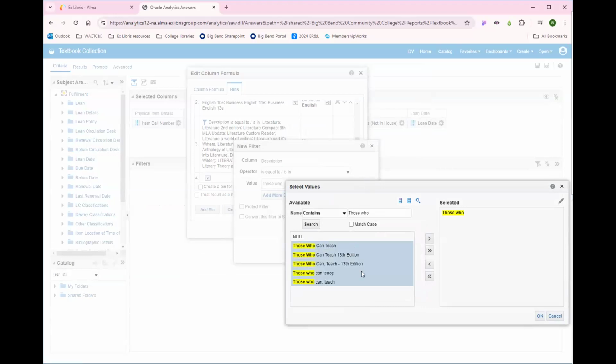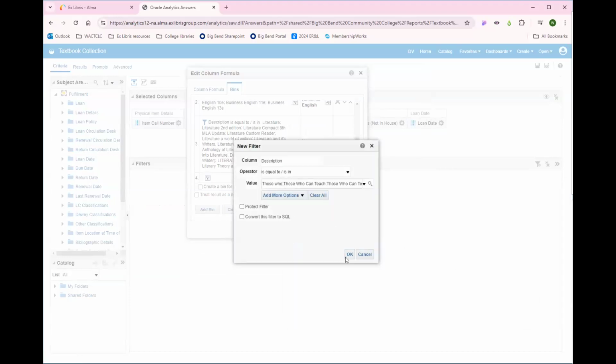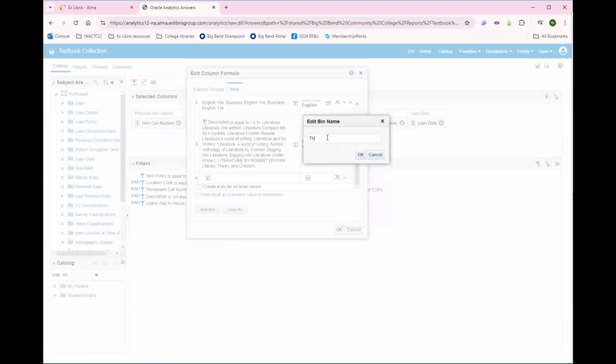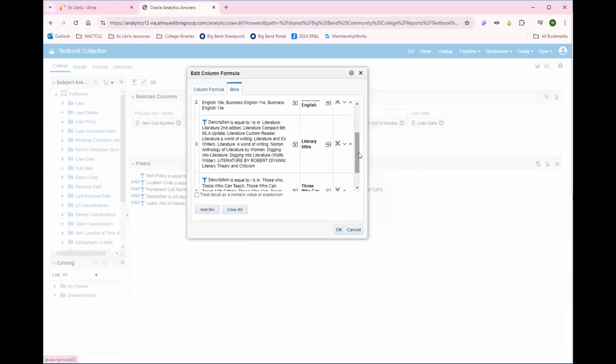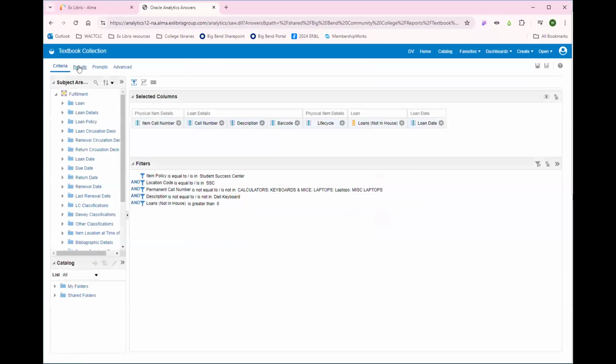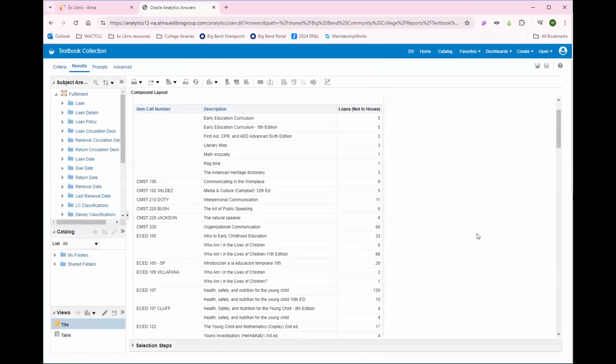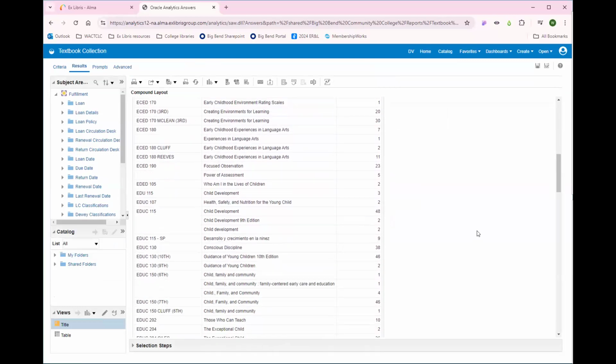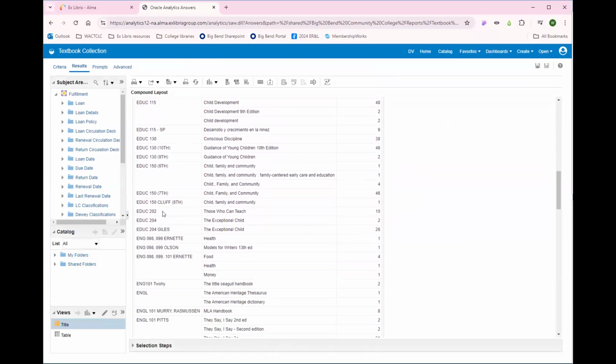So we have all these various ways that these item descriptions were written. Now, instead of having them listed separately, I've selected them and put them all together in a bin, and we're going to call this "Those Who Can Teach." Now all those various weird, typo-written editions, if we go down here, we now have just one listing under Education 202 for Those Who Can Teach